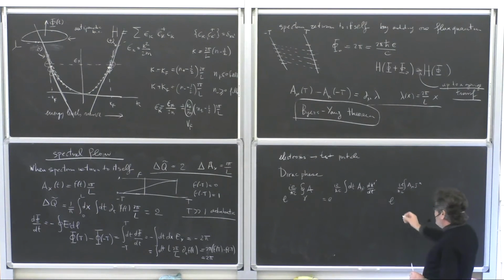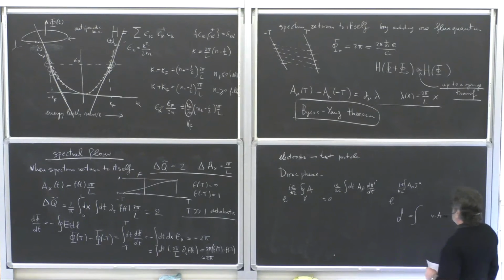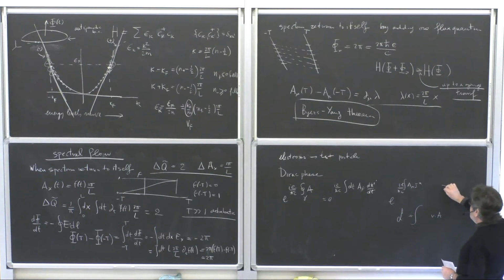Or if you want, the Lagrangian of a point particle has a term v scalar A, which is a coupling. In field theory it is A_mu j^mu, the same thing, provided j^mu is v^mu,